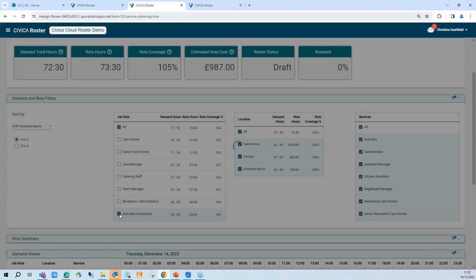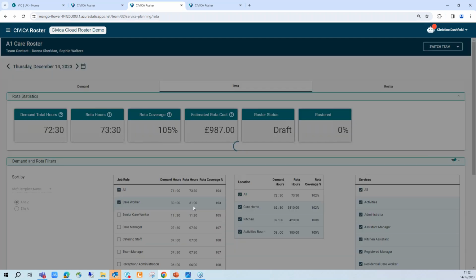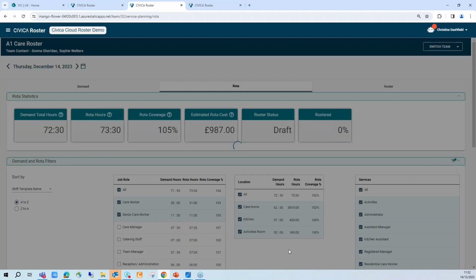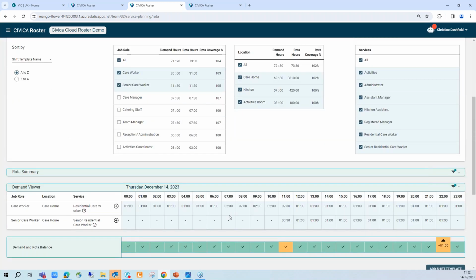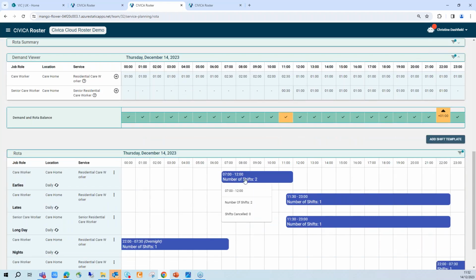Let's have a look now at, let's just take those off. It'll give me a little warning. I have to have something. Let's look at care workers. If we have a look at care workers, we could also incorporate senior care workers, or we might have registered nurses. Now we've got a different view, because what's now happened is I've got two shifts in this particular case